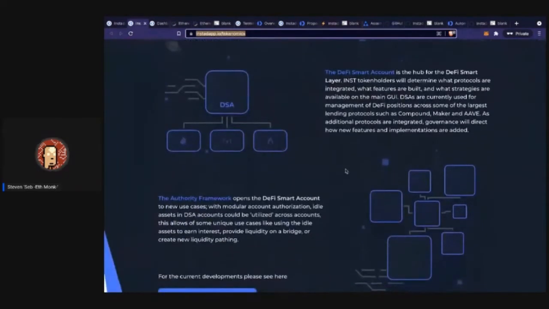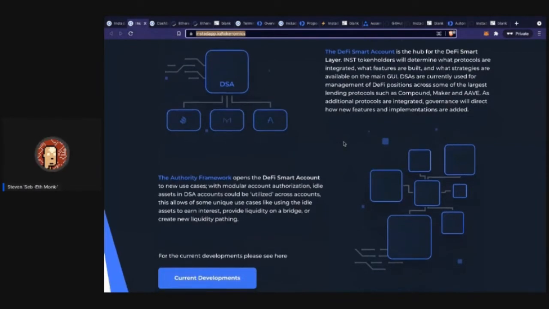And then for us, the two things that I think are really important: first is how we leverage the different protocols that we're built on top of, and that's through these things called connectors. We essentially integrate different protocols into the DeFi smart layer, and then your account can access them. One of the really unique things is, I don't know if you've ever heard this example of DeFi Legos. I think we're pretty much the best example of DeFi Legos. Whenever a protocol is integrated, what we do is essentially wrap the different functions of that contract. And that's how we're able to layer on and create these more complex transactions, which I will show you in a minute. And then most recently, what we're working on is the authority framework.